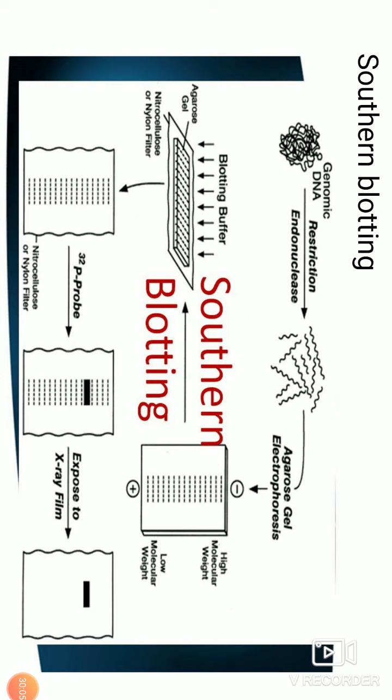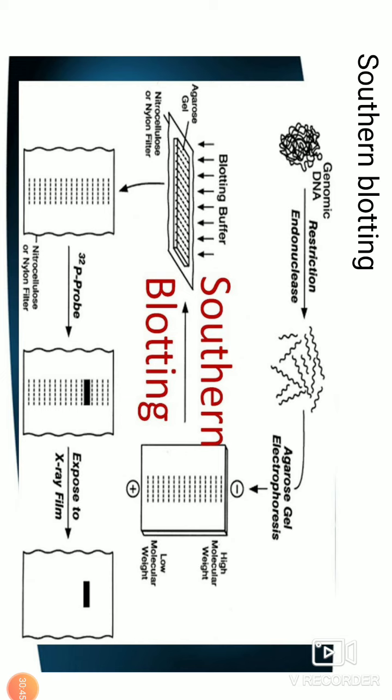Southern blotting combines, not polyacrylamide gel electrophoresis, but agarose gel electrophoresis for size separation of DNA with methods to transfer the size separated DNA to a filter membrane for probe hybridization. And this is a key method of hybridization. You know, that is the process of forming a double stranded DNA molecule between a single stranded DNA probe and a single stranded DNA target molecule. So as I told, the principle is separating the molecules.